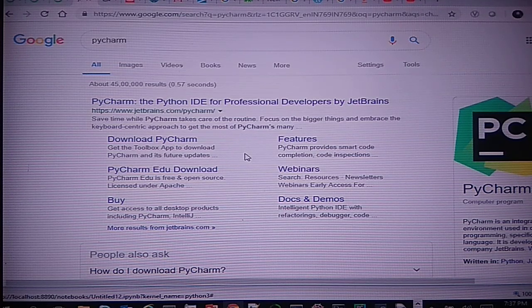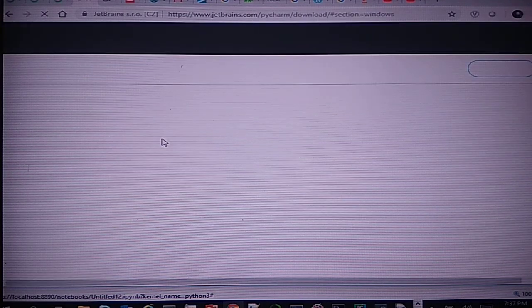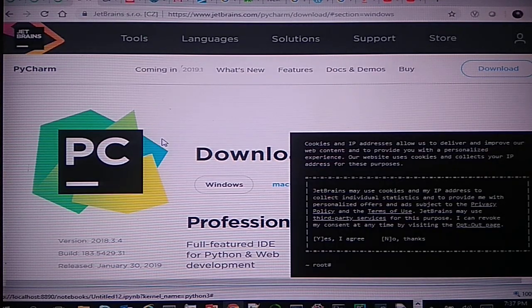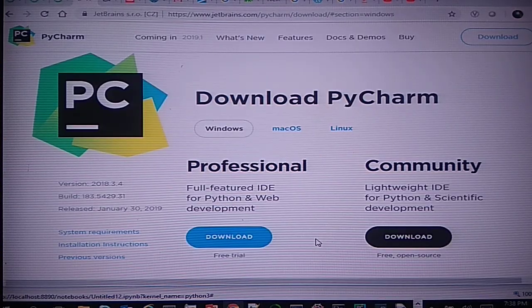Coming to professional development in Python, one should know about PyCharm. PyCharm is a professional IDE given by JetBrains. One can use the community edition, but for the professional edition you need to buy the license. So once you click on download PyCharm, it will ask you which version you want to download, and accordingly you can download a community or a professional edition based on the license agreement that you have. Here you can see you have both community and professional options available. I would say you can use the community edition for your personal development.